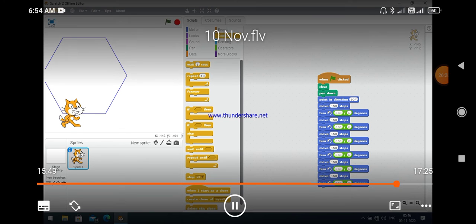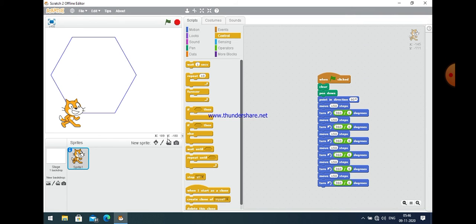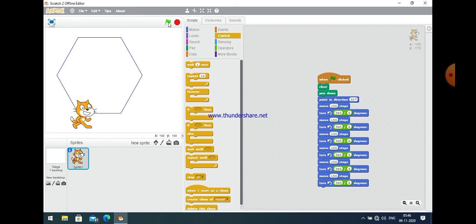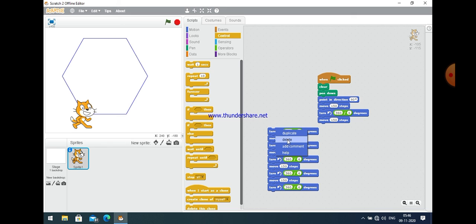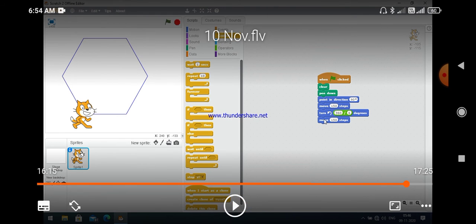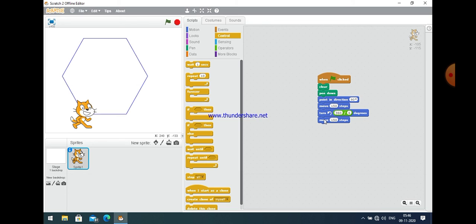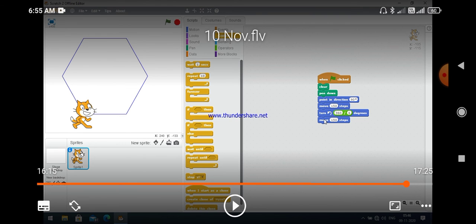But you can also create a hexagon by using a repeat control block. So let us make this program using a repeat block. First of all, remove the extra steps, because you need only one pair, because in a repeat control block, repetition of these commands can be done any number of times.